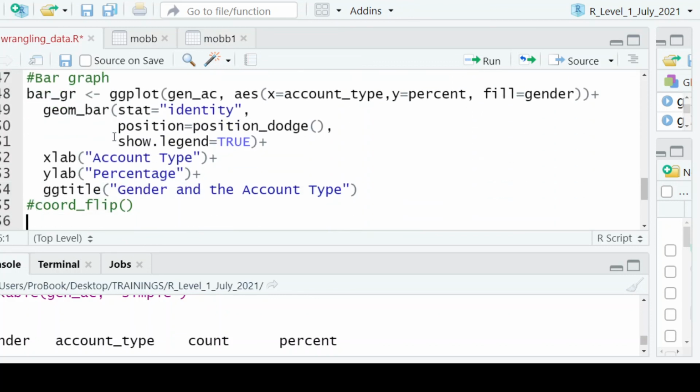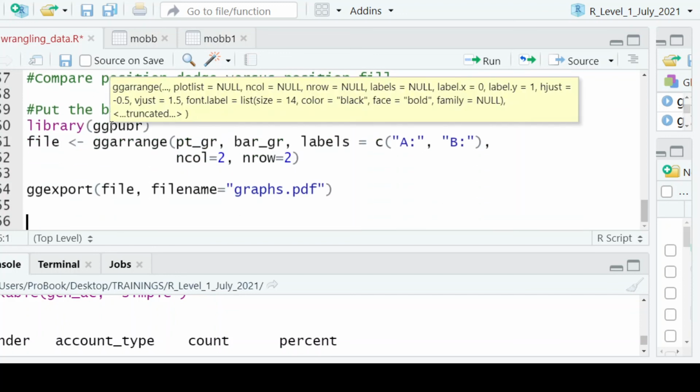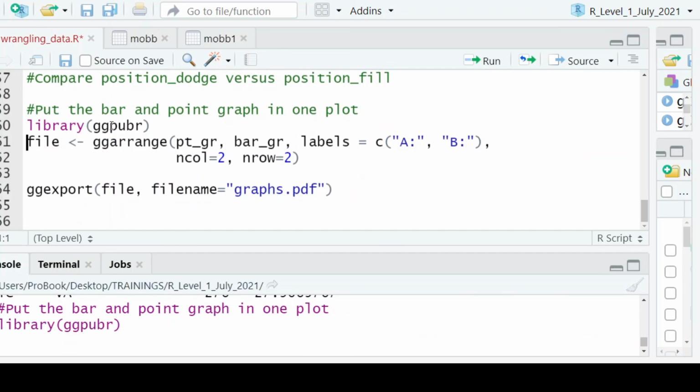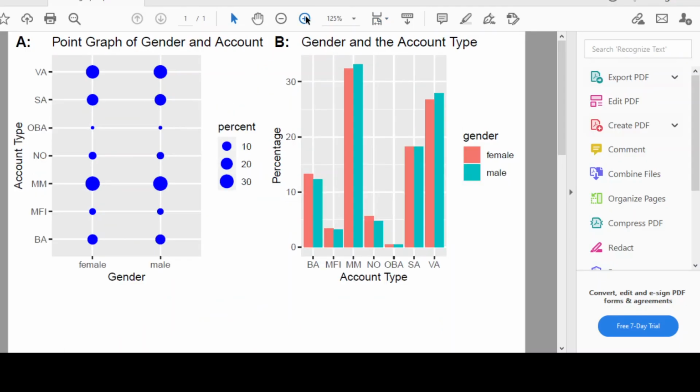After drawing your graphs, then the other thing you could do is combine them, and we are going to see how this looks like. This is the output of the graph that we had, and it is in a PDF format. You could also have it in a JPEG, and therefore you are able to put many graphs into one A4 size page, and that